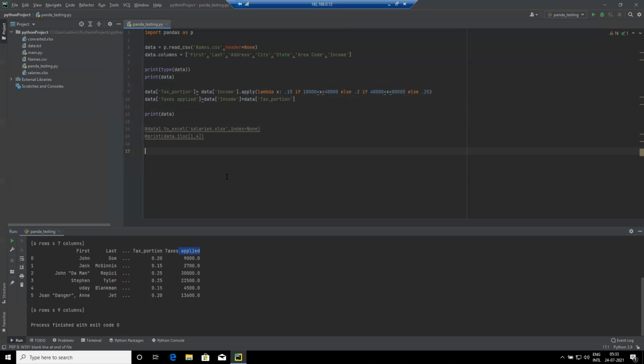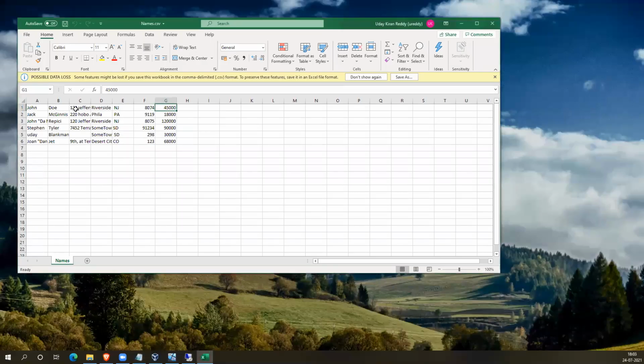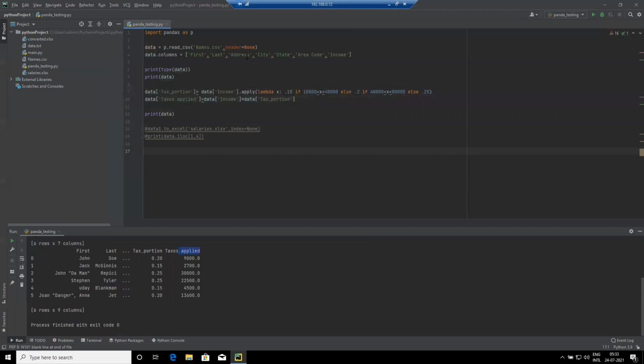So let's say I want to drop some of the columns. Let's say the shutters I don't want. City, address and state I don't want, let's say. So for that, what we can do is, after printing this data, let me drop some of it so that you can observe the difference.